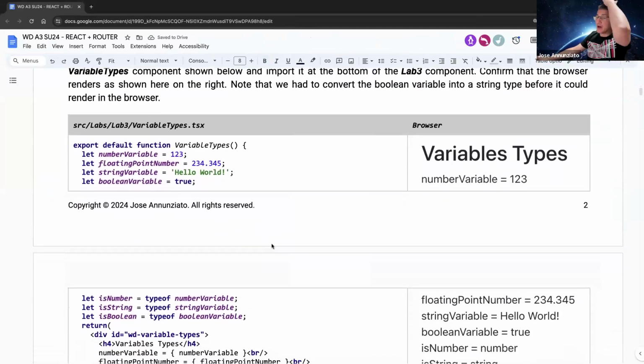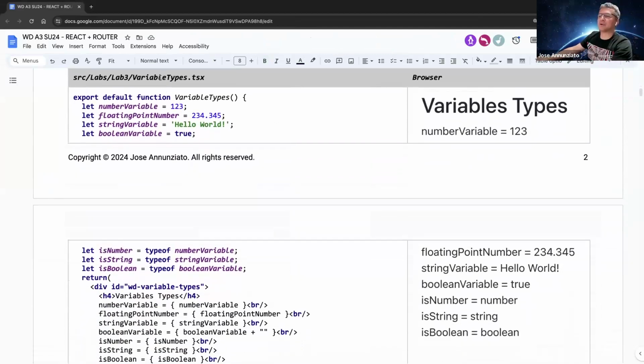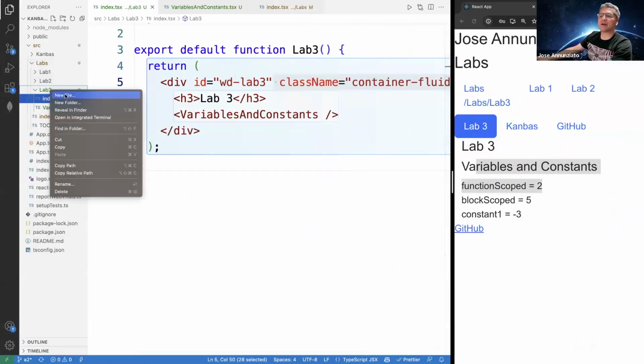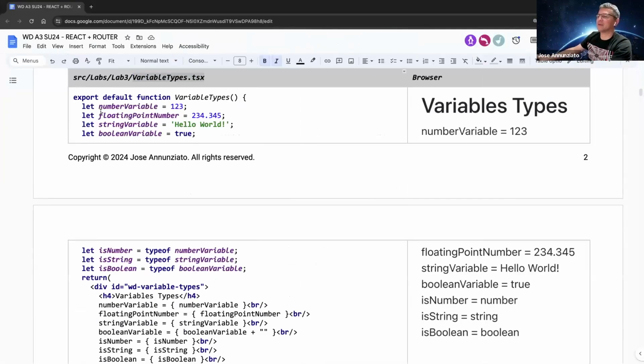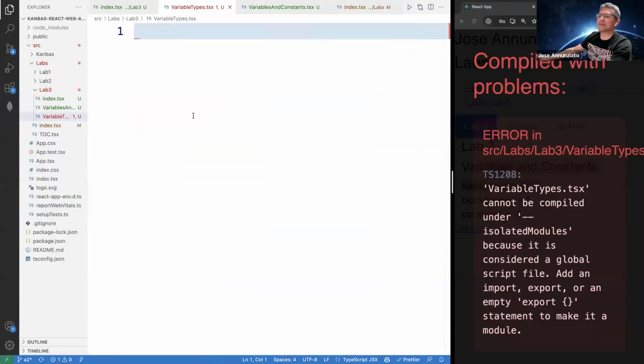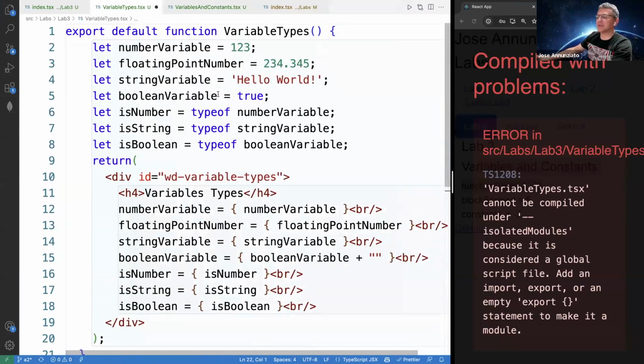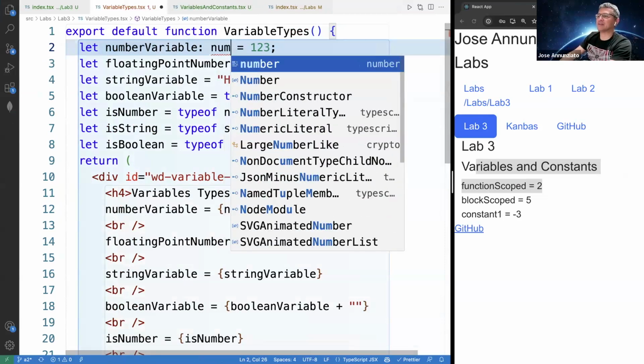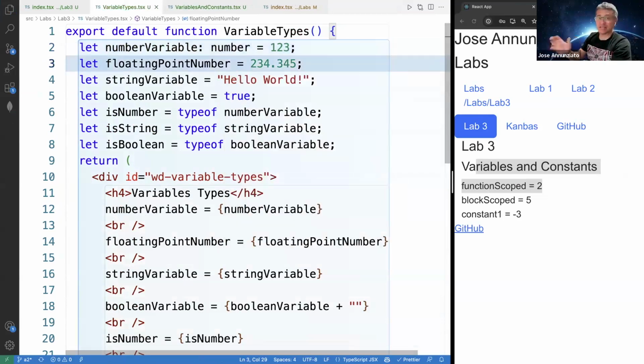So now there are different variable data types, and let's explore that. And so let's create a component where we can play around with different variable data types, right? So we have numbers, dates, strings, booleans, right? So let's take a look at some of these. Here's a number. Notice that we're not declaring them as number. I mean, we could say that the type for this is number, right? Because it is TypeScript. Although here it is not necessary, right? The data type is implied by the value that we are assigning,